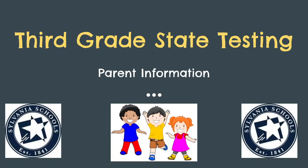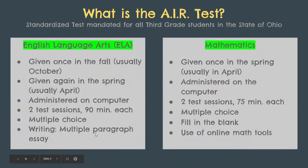Okay. Yeah, so tonight we're going to talk about third grade state testing as well as the third grade guarantee. Ready. All right. Are we on slide 2 now? Yes, we are. Okay, perfect. All right, so